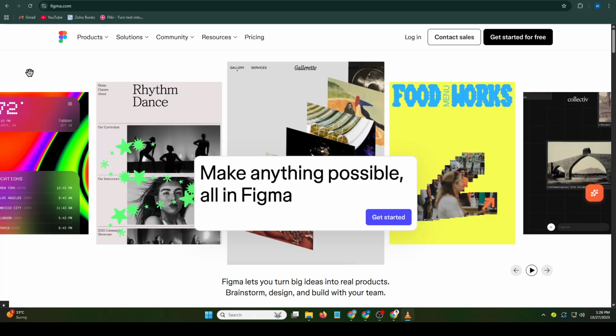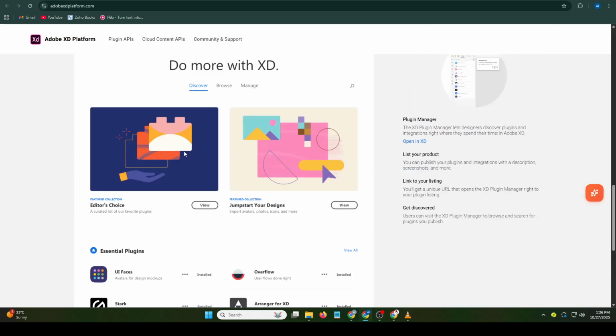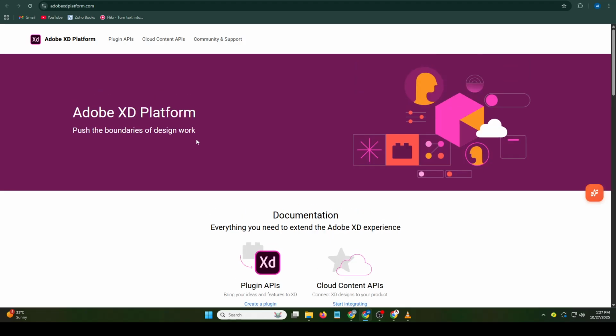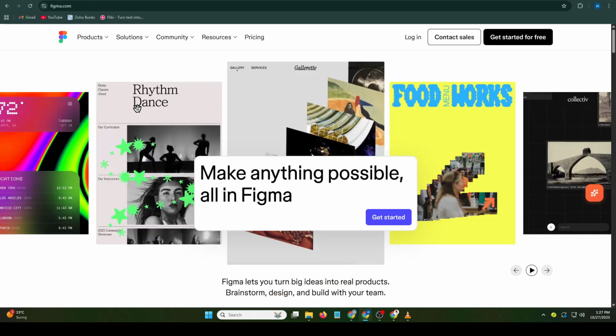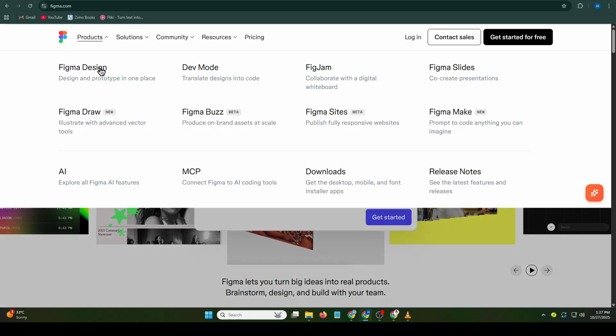Are you stuck deciding between Figma and Adobe XD for your design projects? Don't worry, we're about to break down everything you need to know so you can save time and make the right choice. Figma Overview. Figma is a web-based design tool, which means you can access it from any device directly